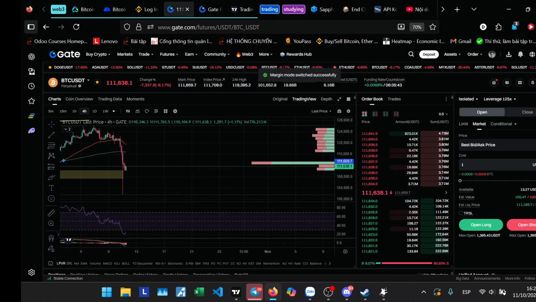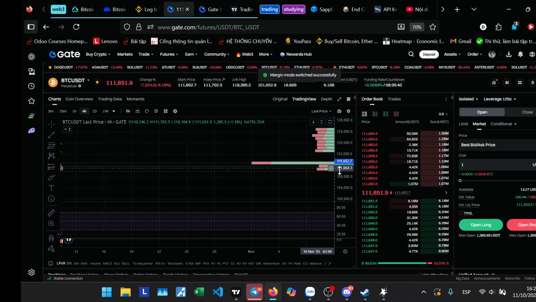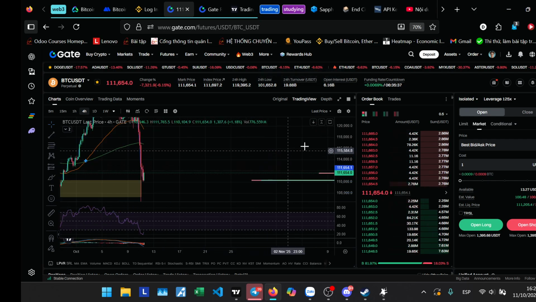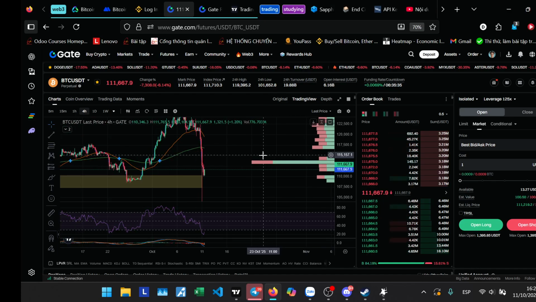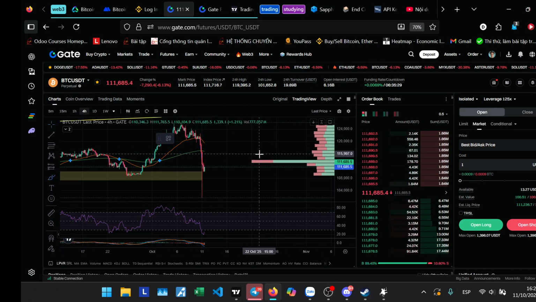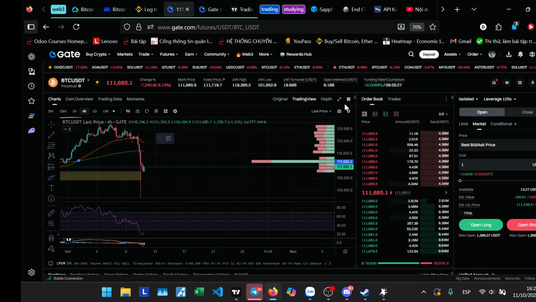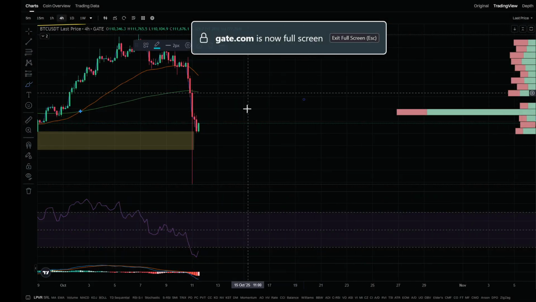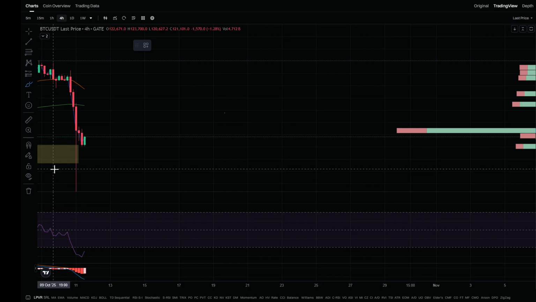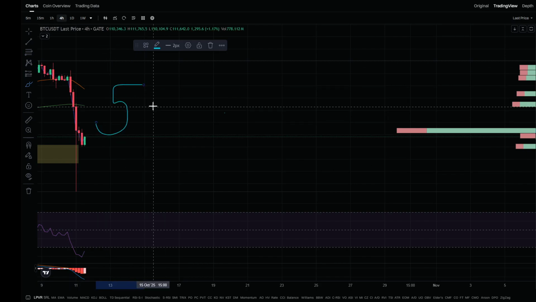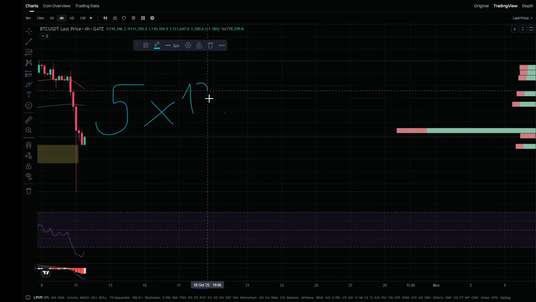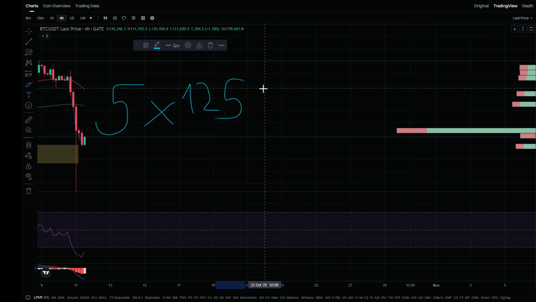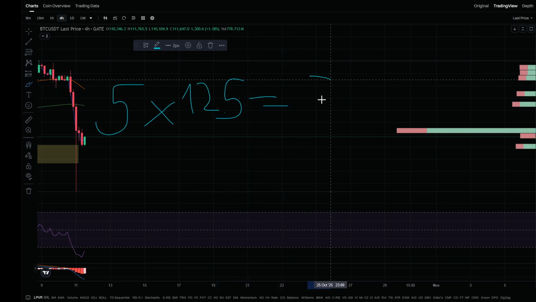For isolated leverage, I'm going to stop up very, very near. So I'm borrowing more. Remember, borrowing is risky. If you borrow from someone and you lose, you have to pay back even larger. So let's explain it in a way that is easier. Let's say someone has five. They want to borrow 100. This one they use 125 leverage. So they're effectively borrowing